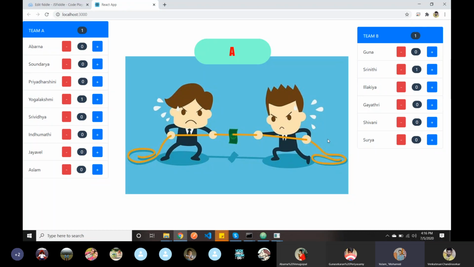There will be an API hit. Those values and the type will be moved on to the reducer. From the action, we get the action dot type so that we can get the name of that action. Within that, we get the data as a payload, and we store it in our respective state.